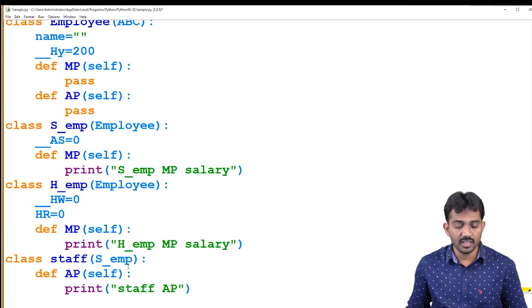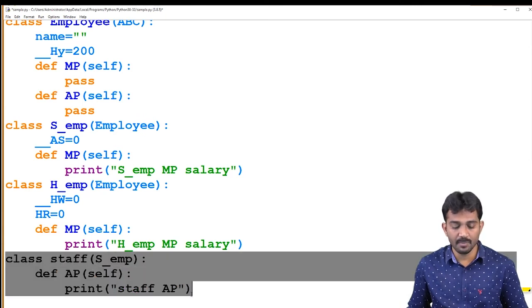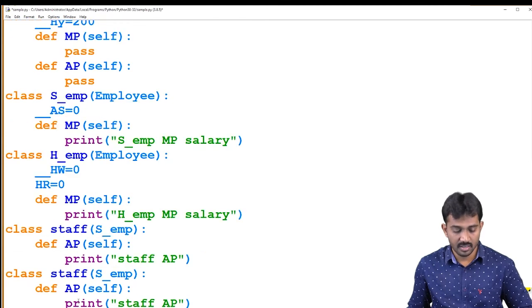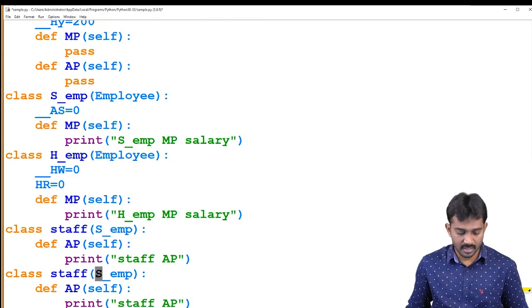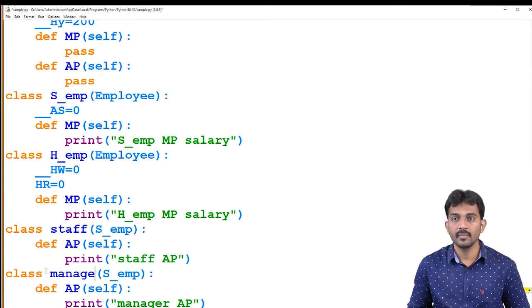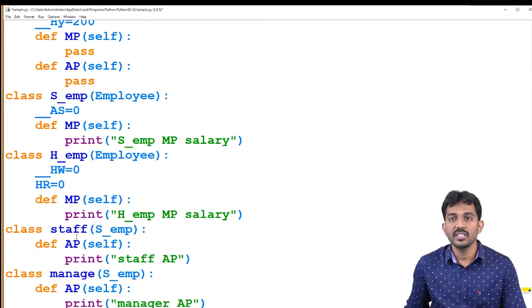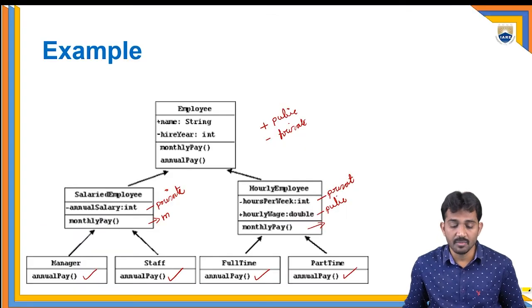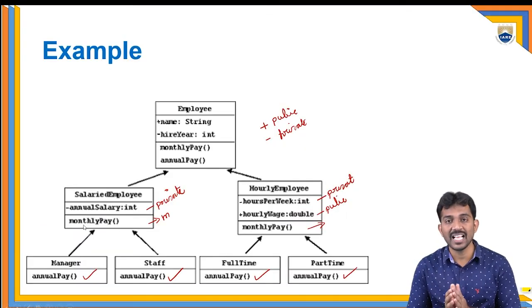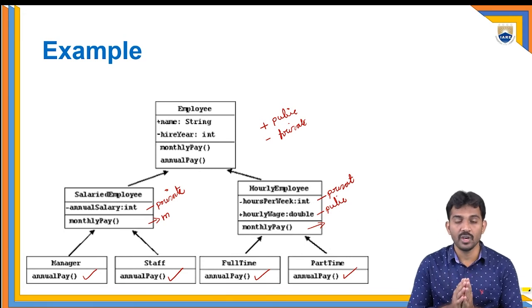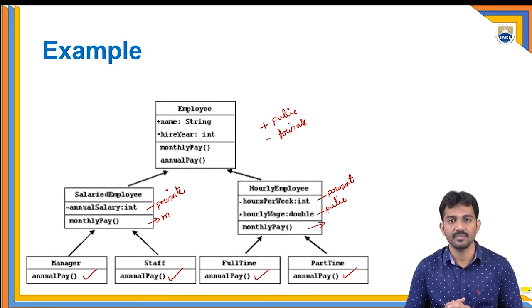And as well as, you need to implement one more method. It is implemented from the salaried employee. And manager, right? This is the manager. So just the given diagram, I'm going to convert the given class diagram into the code. This is called reverse engineering in software terms. When you convert your diagram into code, it's called reverse software engineering, right?